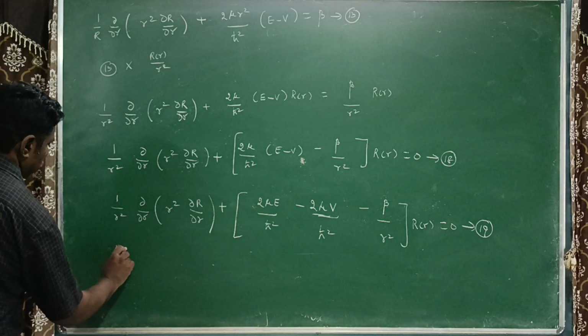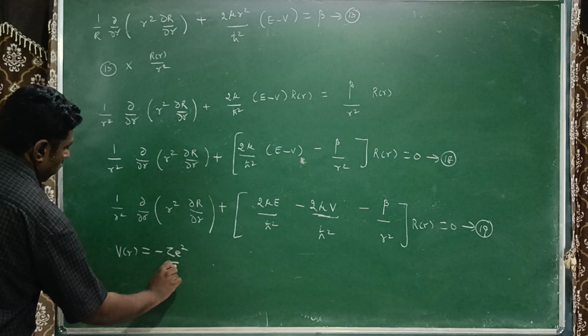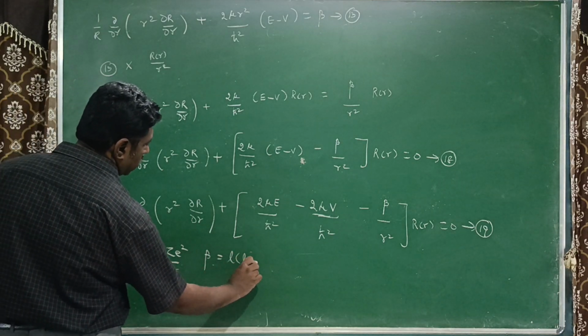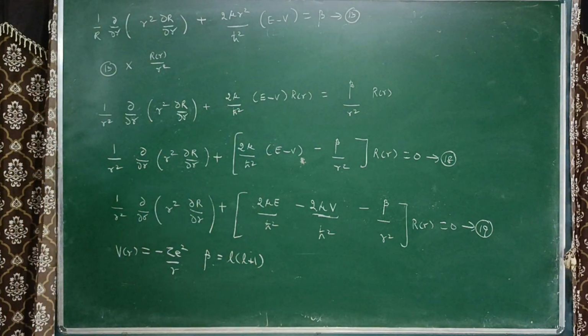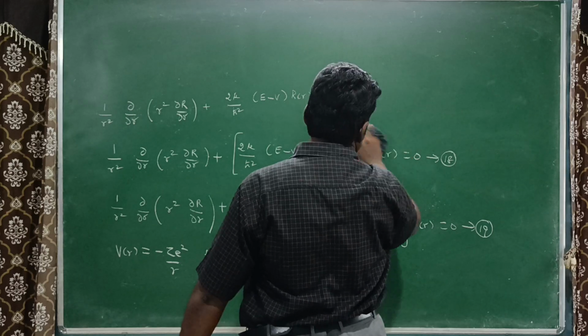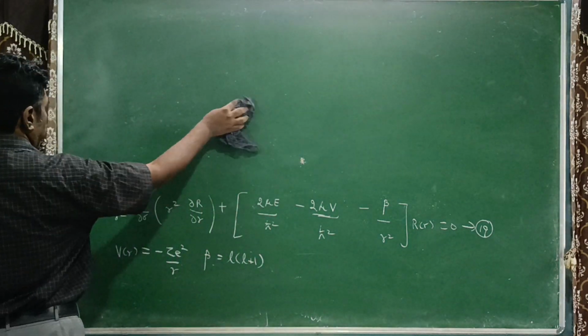You know that the value of V of r is equal to minus Z e square divided by r and beta equal to l into l plus 1. Now we have to substitute these two things in equation 19. We will get our R equation. Our R equation is modified as